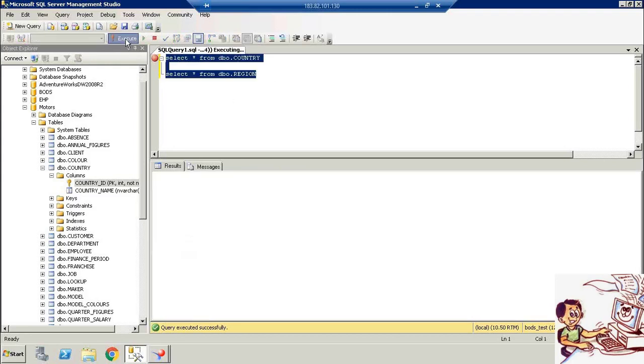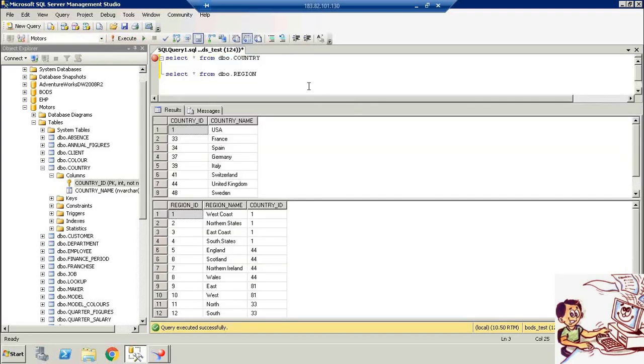Now look at this. When I execute these two tables, tell me guys, what is the common column? Country ID. Do you agree with me? Yes, you have country ID. So country ID in the country table, 1, indicates USA. In USA you have so many regions, and each and every region has its own unique ID. So the common column is country ID. Country ID in the country table becomes the primary key, and country ID in the region table becomes the foreign key, where it might have repetitive values, but the corresponding relevant values are different in the other columns.